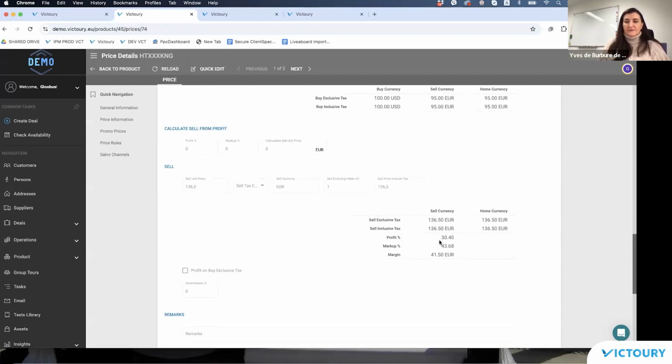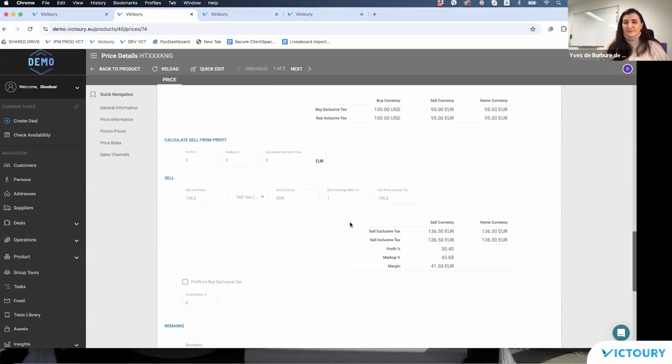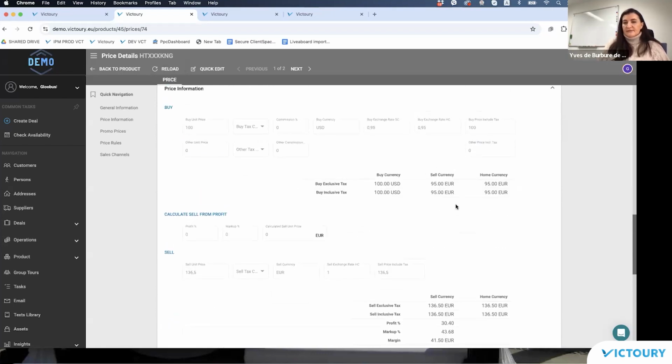And if I reload it, this has been recalculated. My sell unit price has not been changed, and the sell currency has changed. Therefore, the value of the buy has changed also. So this is a quick way for you to control your prices, to have them up to date always, in case you usually change your exchange rates maybe on a weekly basis or on a regular basis.